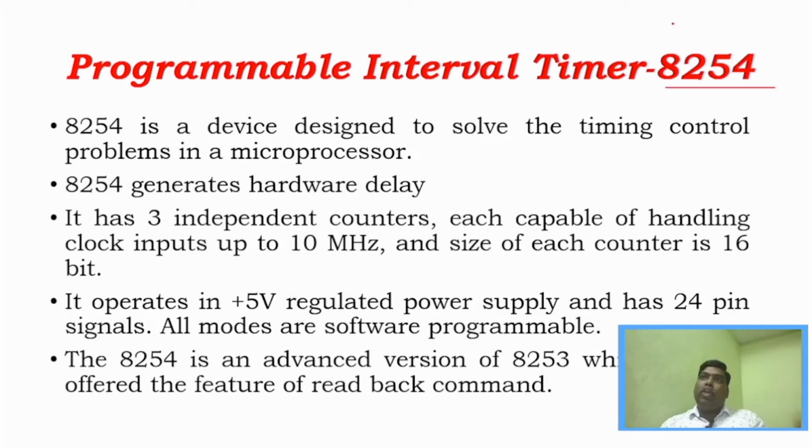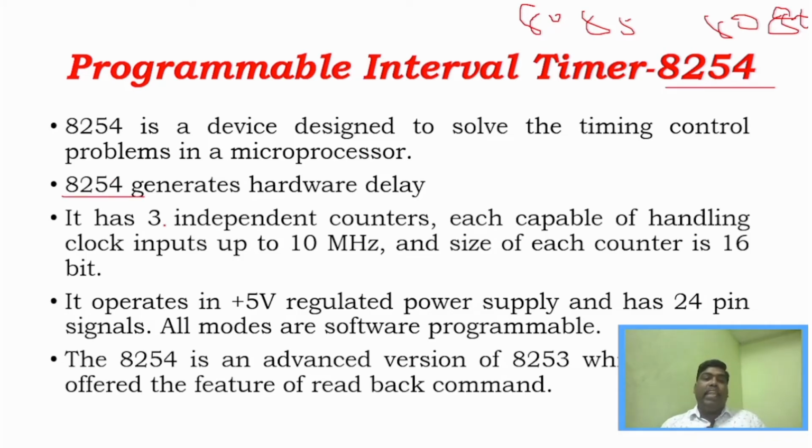And as I said, it helps the microprocessor to reduce the time, right? And I previously said that in 8085 and 8086, there are no internal clocks, and because of that, it can create delay. Only software delay can be created, right? And because of that, time will get wasted. Another important disadvantage is the accuracy. The timing accuracy is also a great disadvantage in software delay, right? So these problems of the microprocessor are overcome by using 8254, as it creates the hardware delay.